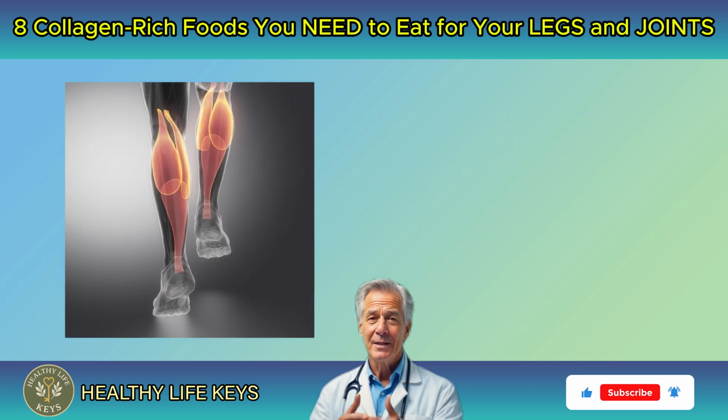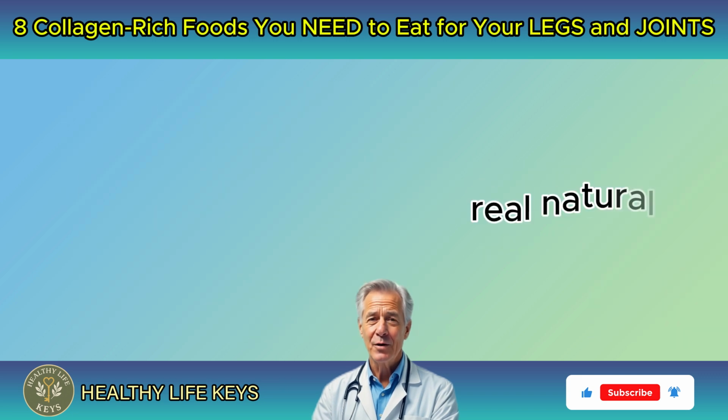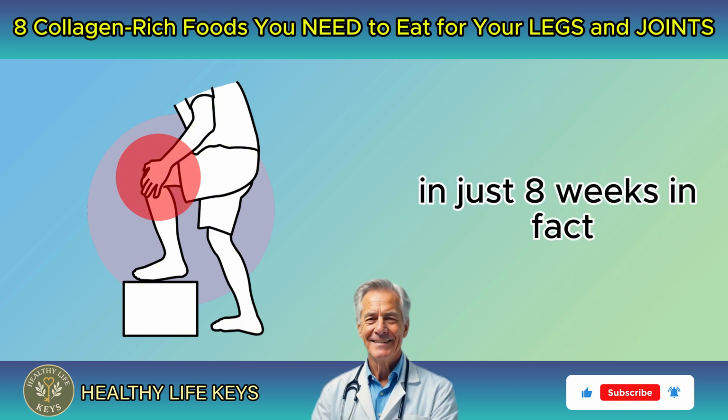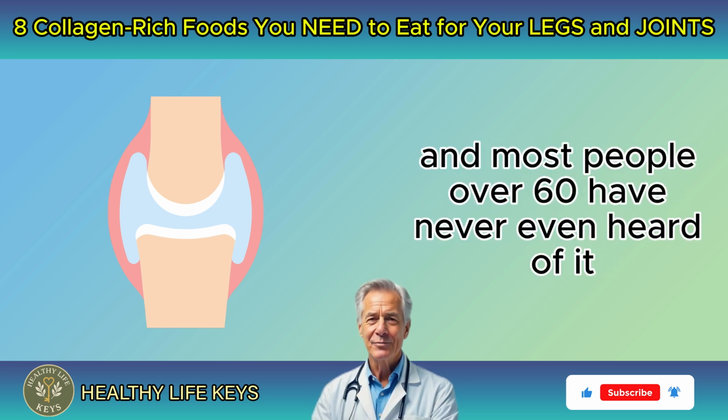The good news? We now know that specific collagen-rich foods, real, natural, everyday foods, can boost collagen production, reduce joint pain, and in many cases, improve mobility in just 8 weeks. In fact, one of these foods increased joint fluid density by 63%, and most people over 60 have never even